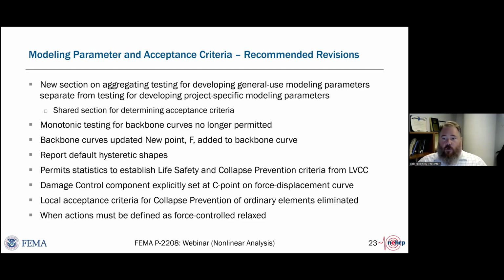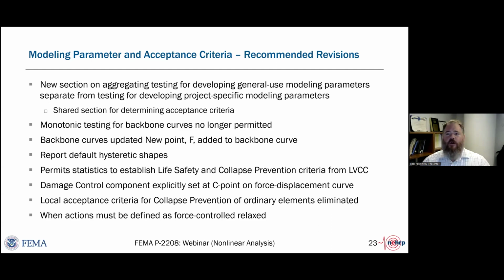So this is a real big change, but it doesn't necessarily have big changes in the short term because this didn't result in a lot of changes. Some of the modeling parameters in AISC 341 and ACI 369 and the new concrete wall modeling parameters, which ATC will be providing a separate webinar for, did take a lot of these recommendations into account when developing their modeling parameters and acceptance criteria.